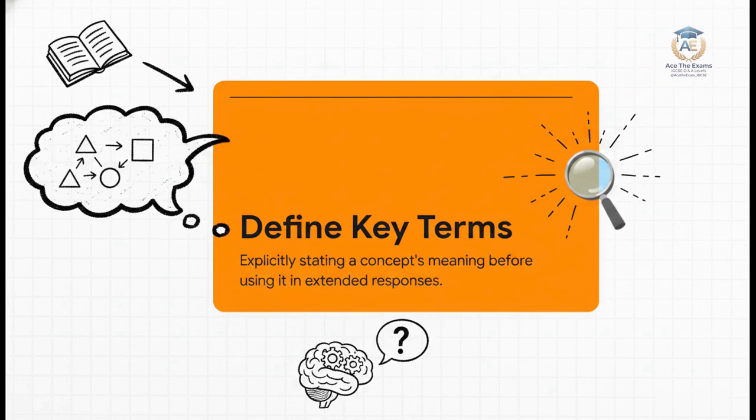This was Alex's superpower. Alex realized that by defining the terms right at the start, it immediately proved to the examiner that they had a rock-solid grasp of the core concepts. It grounded the rest of Sam's broad, creative essay in a highly accurate technical framework. Do not assume the examiner knows that you know what a term means. Prove it by explicitly stating it first.